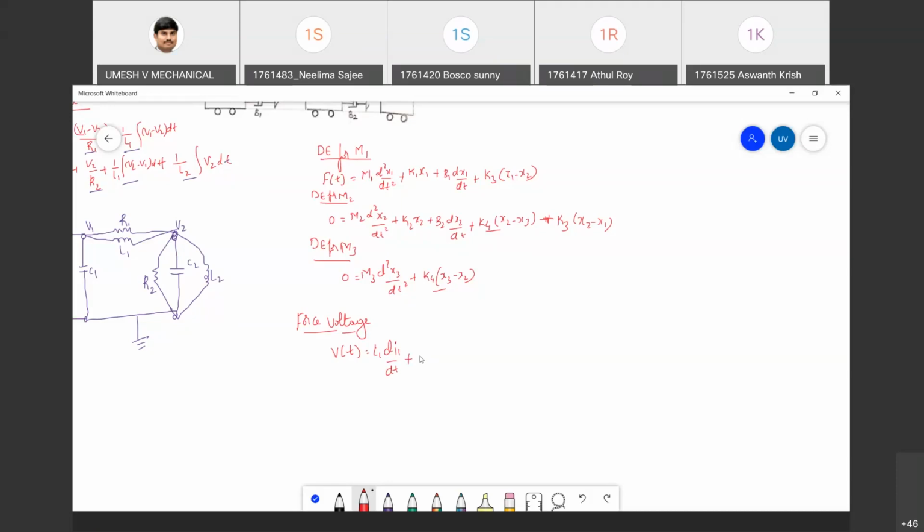Prakriti is responding. K is proportional to which element? Others, kindly respond, guys. R, V by R what? R1 into I1. Okay. B is proportional to the damper, which is 1 by C1 integral of I1 dt. Is it right? Then K is proportional to